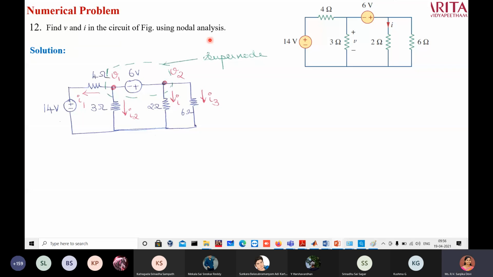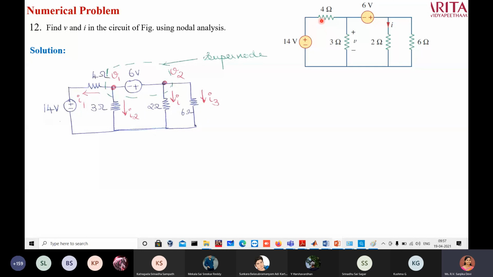So for this particular circuit, how many nodal voltages are there? 3, ma'am. 3 is the reference. 4. Yes, actually there are 4. Even the junction between this 4 ohm and 14 volt is also a node. But the thing is 14 volt and 4 ohm are in series. So if there is a current flowing through them, the same current will flow through both 4 ohm and 14 volt. So we need not take this node to be a separate node.